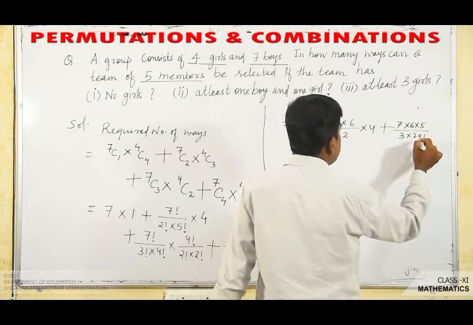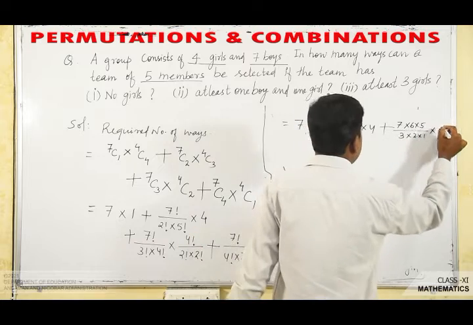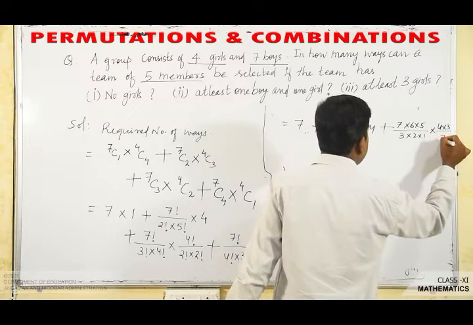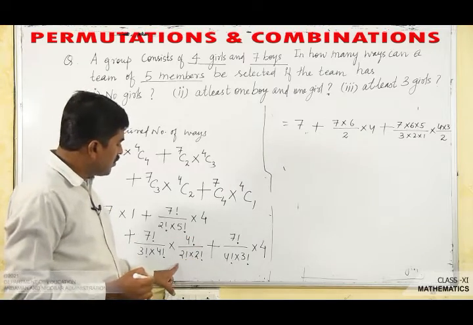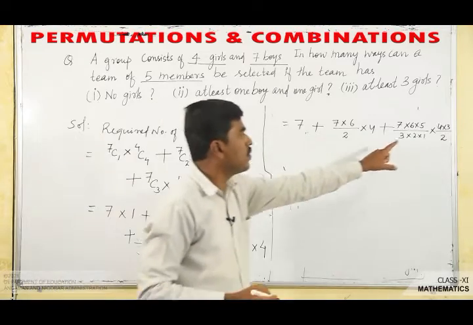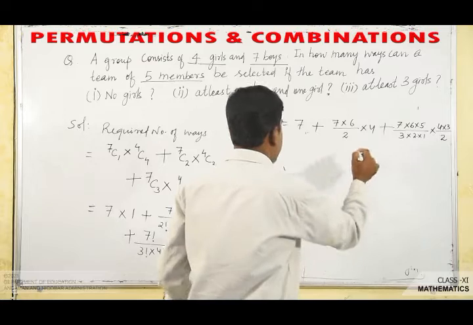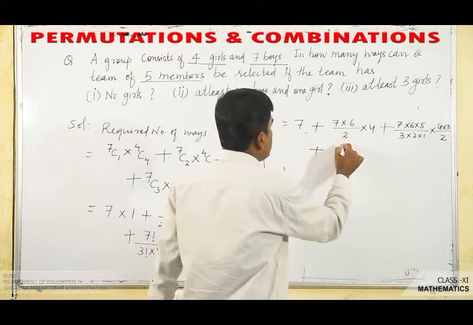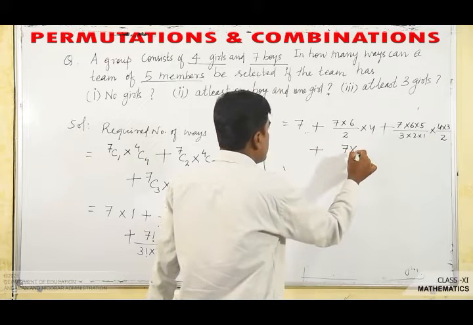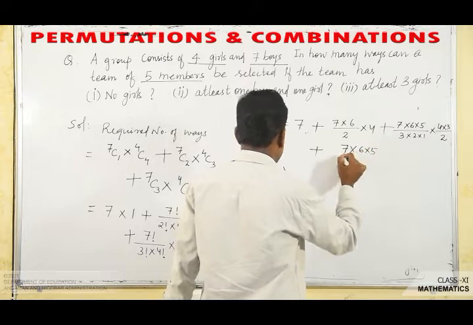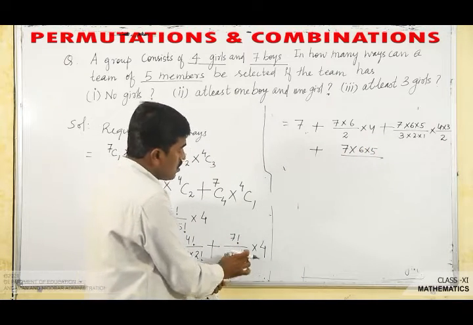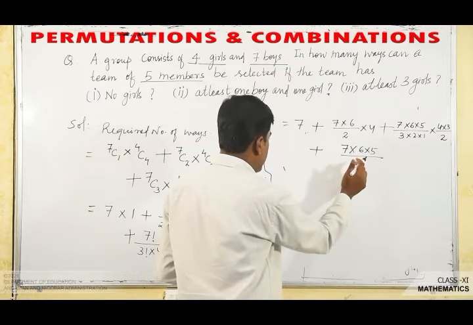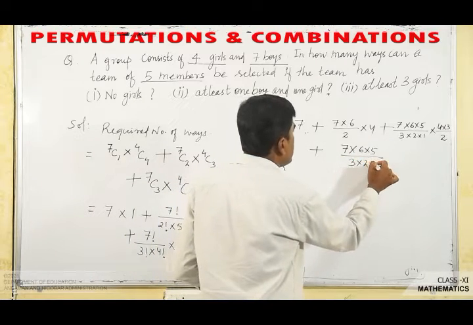Now it is into 4 into 3 divided by 2, that is 4 into 3 into 2 factorial divided by 2 factorial into 2 factorial, that is equal to 4 into 3 divided by 2. Then plus 7 into 6 into 5 divided by 3 factorial, that is 3 into 2 into 1,